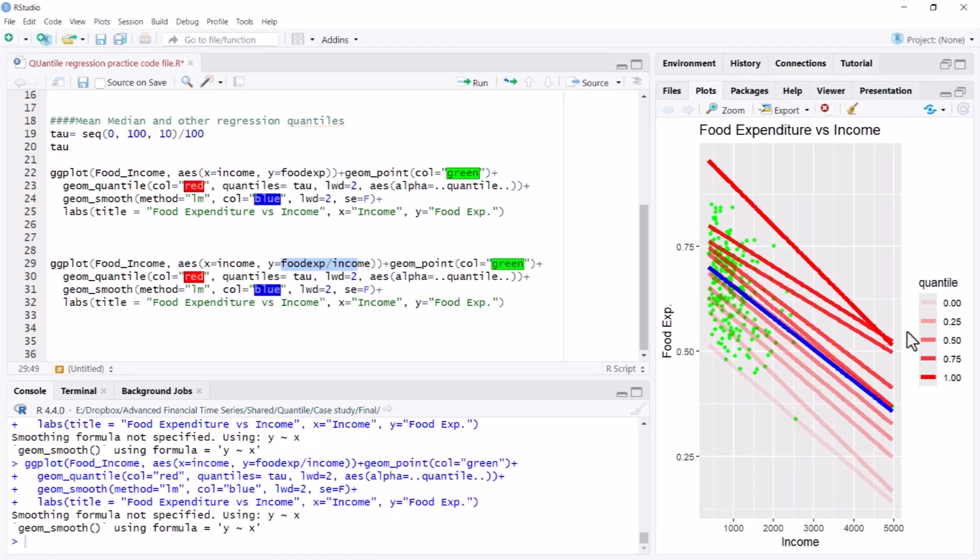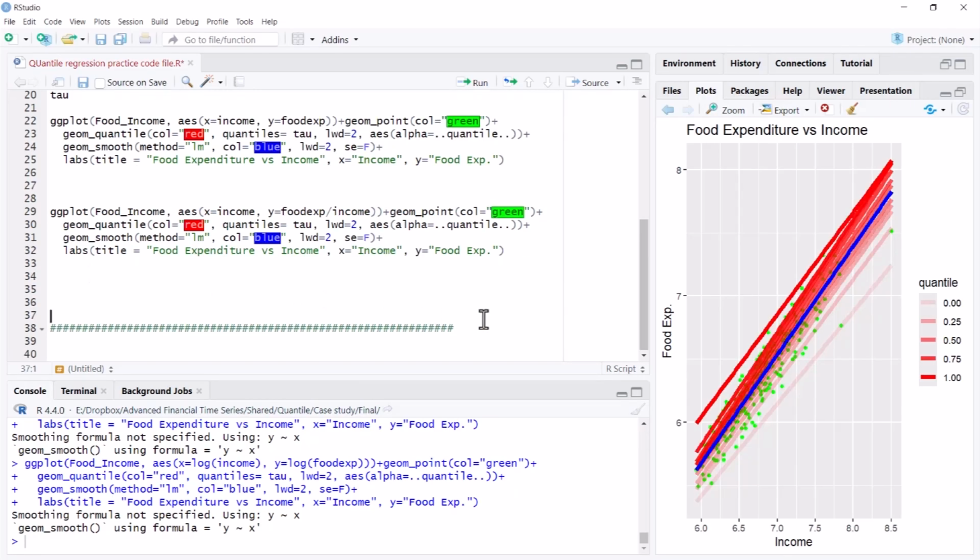That means as you move towards higher income levels, their expenditure per unit of income decreases as compared to the lower income groups, which is an interesting analysis because on an absolute raw basis, they were spending a lot of money on food at higher income levels. But when you look at food expenditure per unit of income, you realize that it decreases as income increases. For more analysis, we'll move on to our quantile regression shortly.